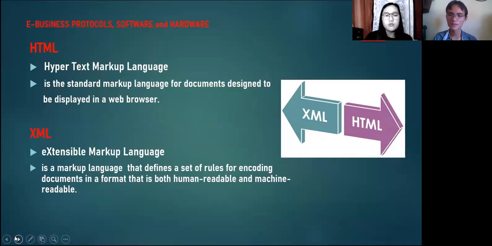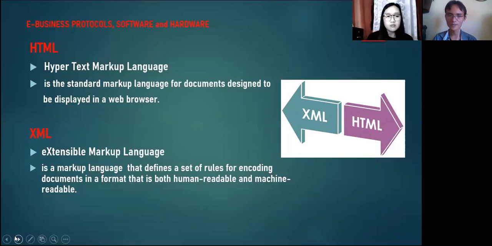So the web browser receives the HTML documents from the web server or from local storage and renders the documents into multimedia web pages, and it describes the structure of a web page and originally includes cues for the appearance of that particular document, while